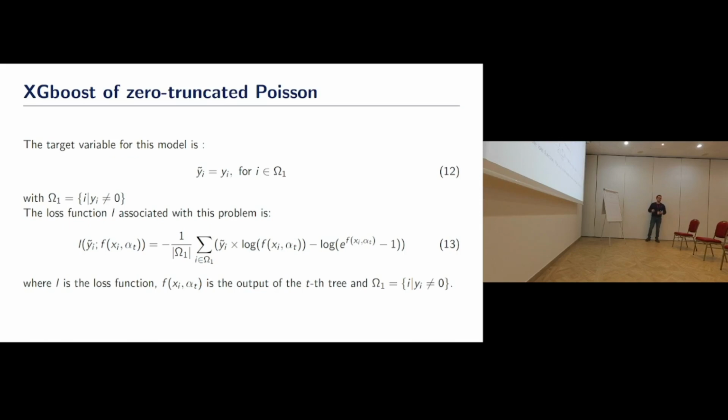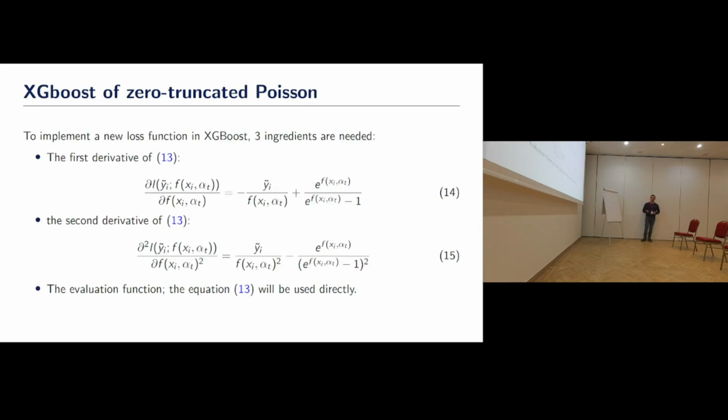The second model, so we are going to apply the second model also. Here we have the target variable for this model. It's y tilde, and y tilde is only defined for the positive values. And here's the loss function for this model. This loss function is also very, very close to the log likelihood of the classic model, but instead of using the classic parameter beta, we are going to use some trees here to decrease this loss function. The big problem is that such a function doesn't exist in the XGBoost library. So the goal is to code a new loss function in this library.